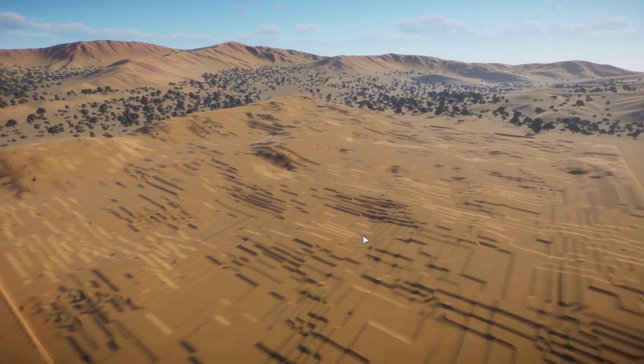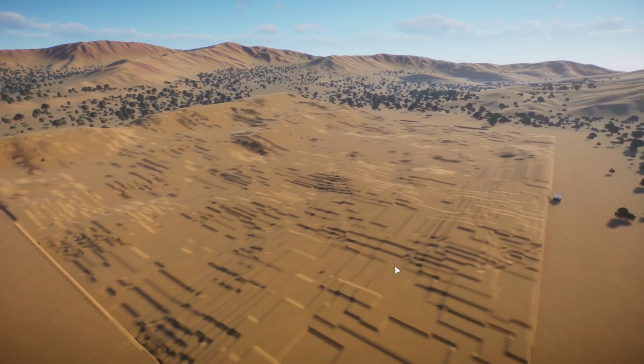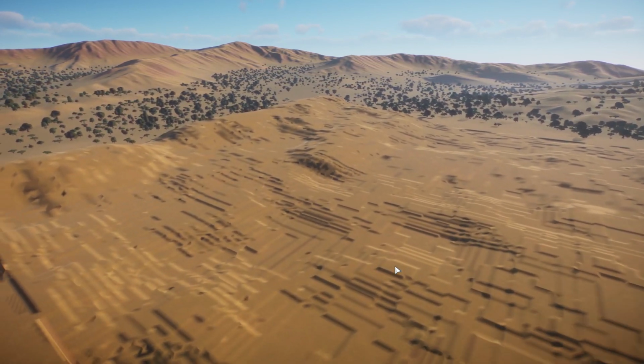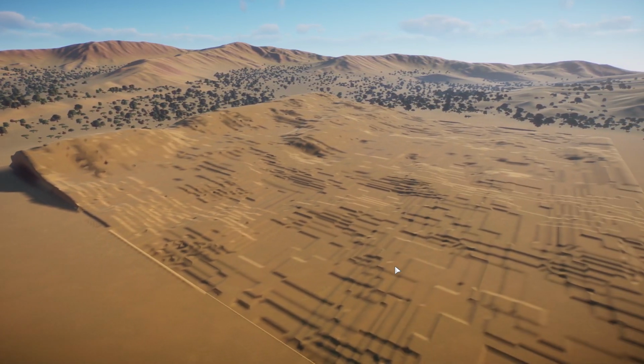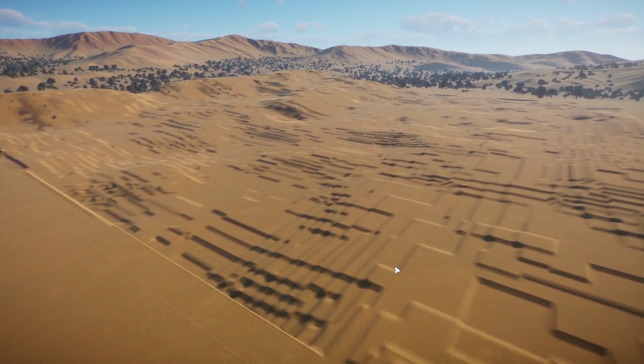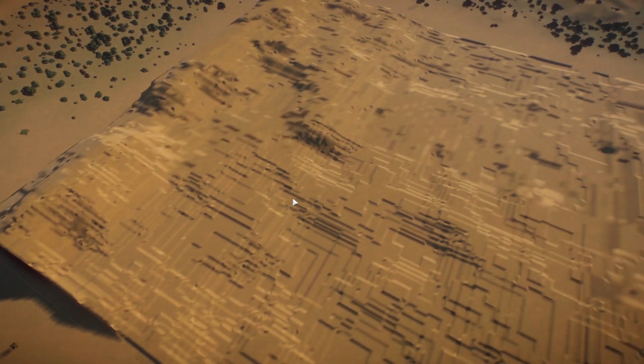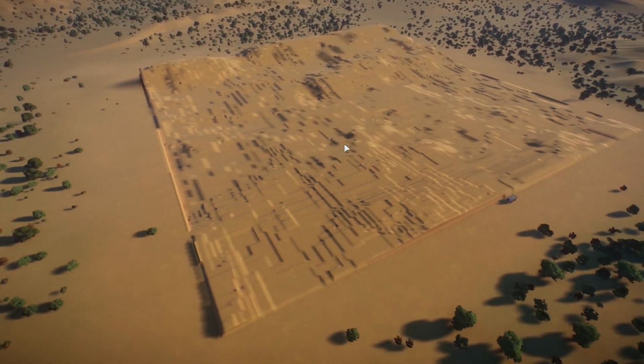This is the National Zoological Gardens of South Africa, or as it's more commonly called, the Pretoria Zoo. Or at least it's the height map of Pretoria Zoo imported into Planet Zoo. Hello and welcome to this tutorial where I'll be showing you how you can get IRL height maps and import